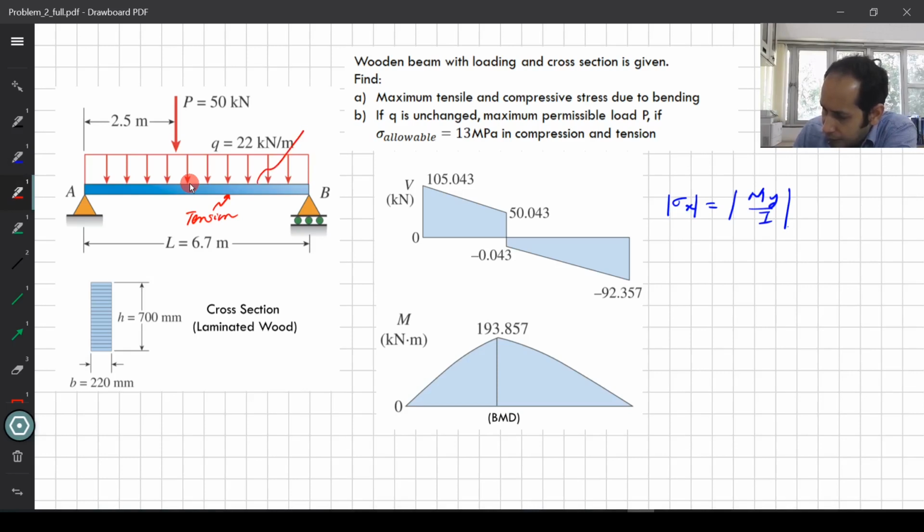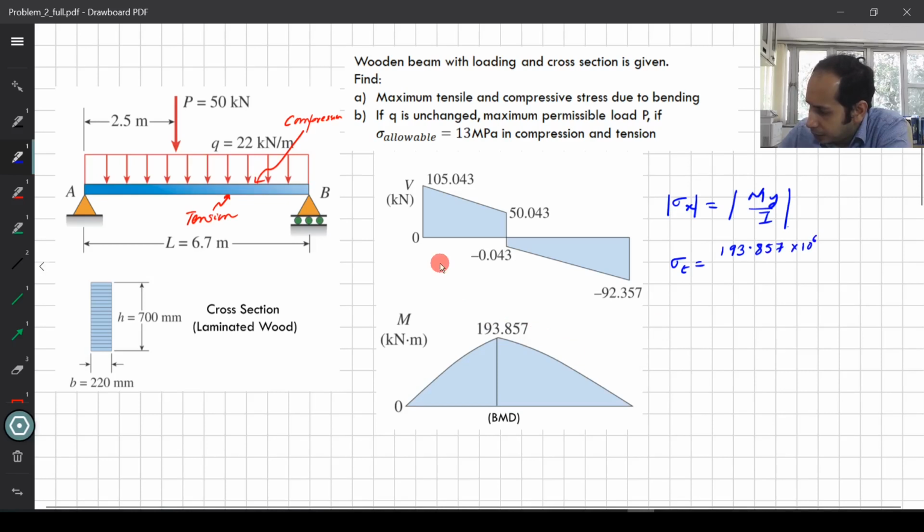And in this particular case, the values won't matter much because it's a rectangular section. So your centroid is exactly at the center of the beam. So my sigma t, that is the maximum tensile stress, is going to be the value of the moment that you have over here, that is 193.857, which is this guy,